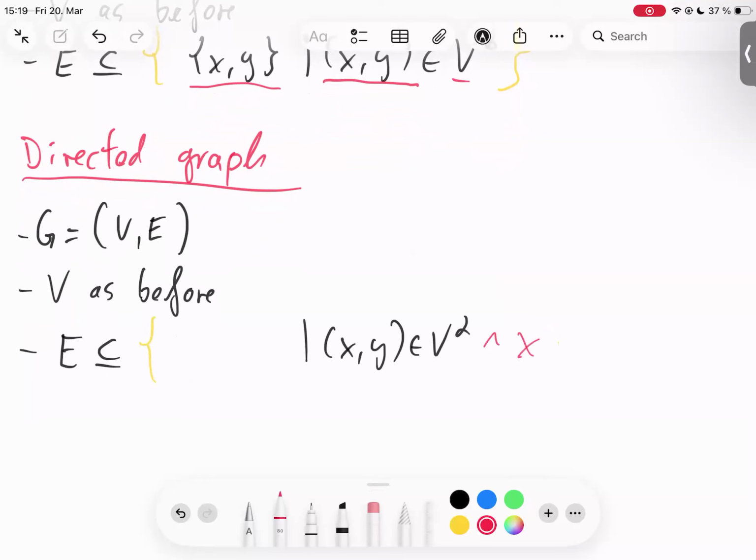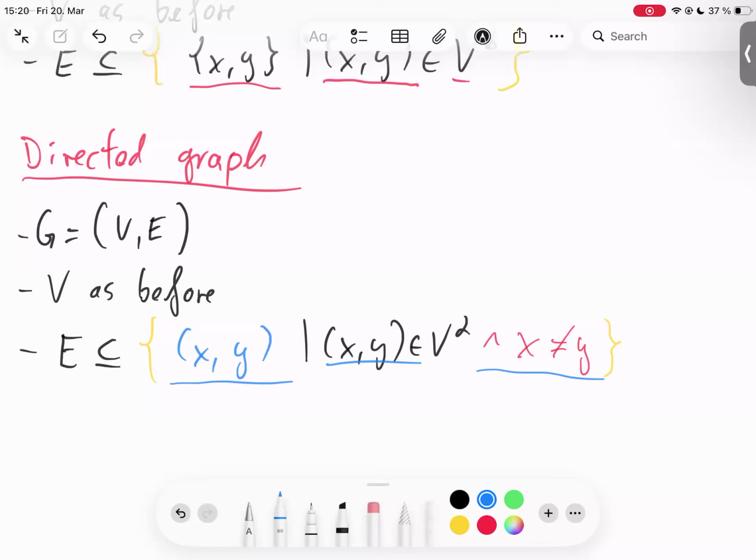So we say again, x must be different to y. And so we take our tuples x, y, and we just keep the x, y tuples for which x and y are different. So this is a directed graph that does not allow loops,